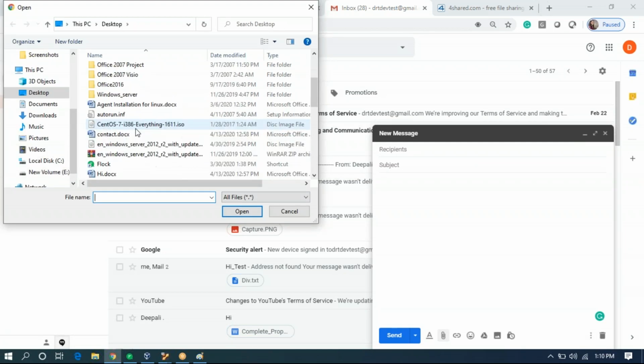So as I was saying earlier, in Gmail, it does not let you upload any blocked document.